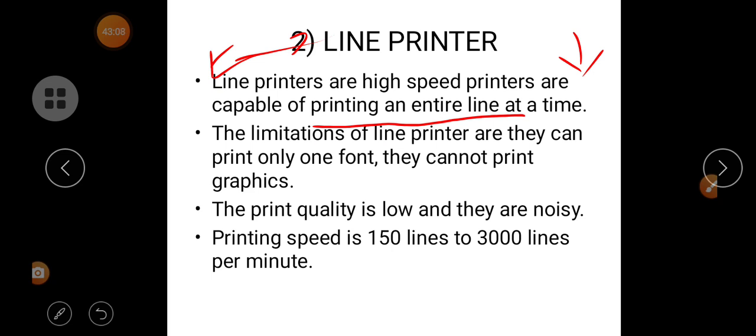They cannot print graphics. The user is expecting more when compared to the dot matrix printer. The user wants images and diagrams to be printed on the paper. At that point of time, these line printers are not useful.